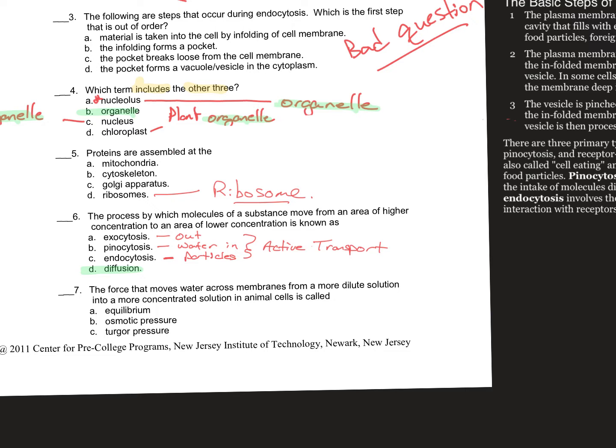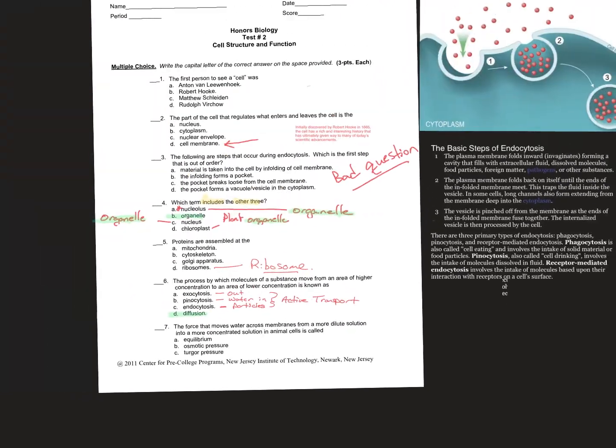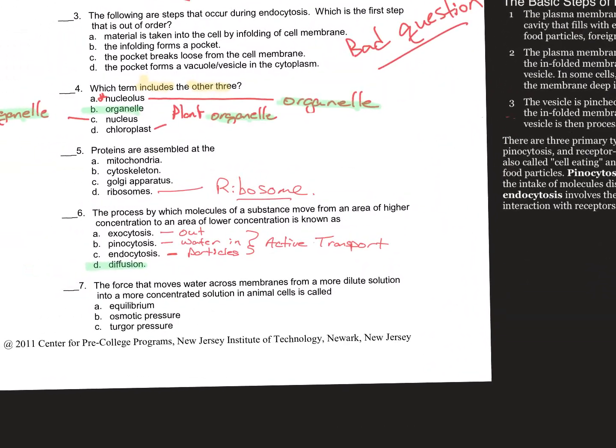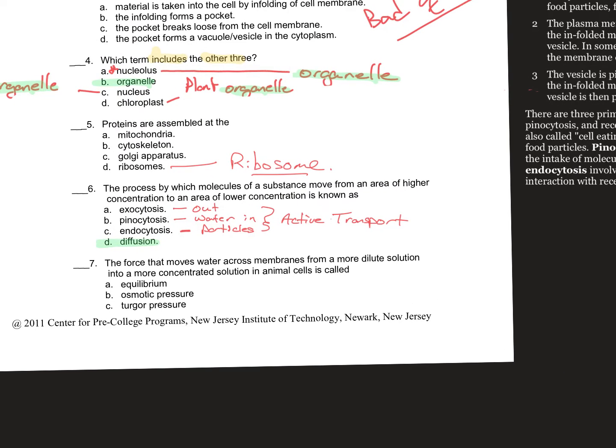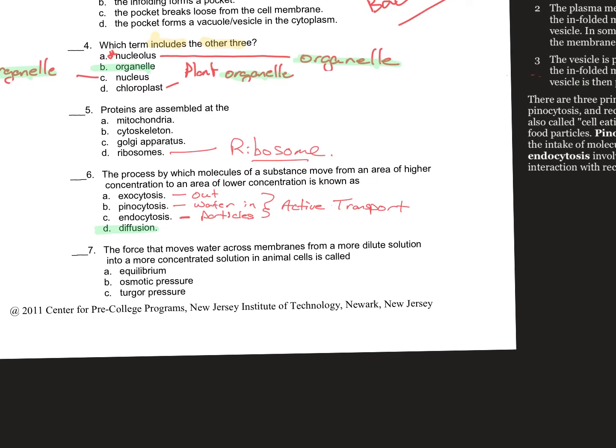Exocytosis we just looked at in question number 3. Endocytosis we looked at the example, the definition of, in number 3. Exocytosis is the opposite of endocytosis, and pinocytosis is very similar to endocytosis, except you're dealing with liquids. The force that moves water across the membranes from a more dilute solution into a more concentrated solution